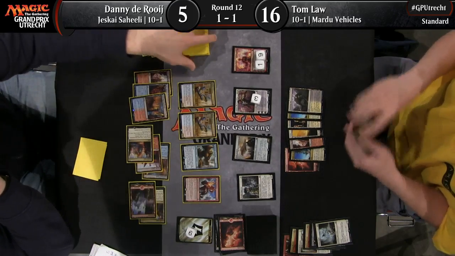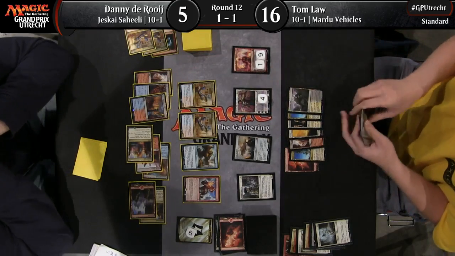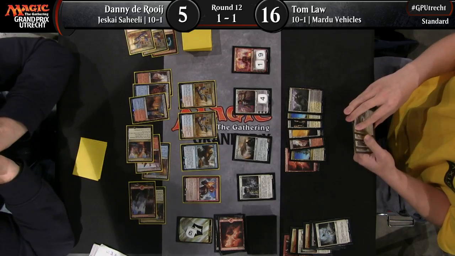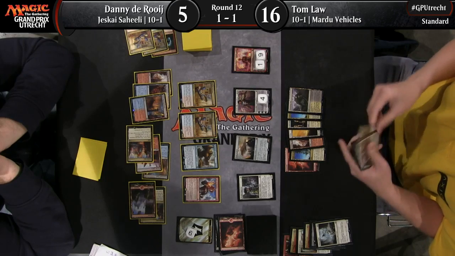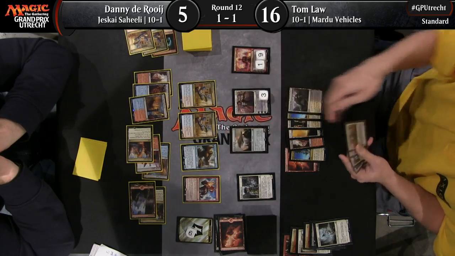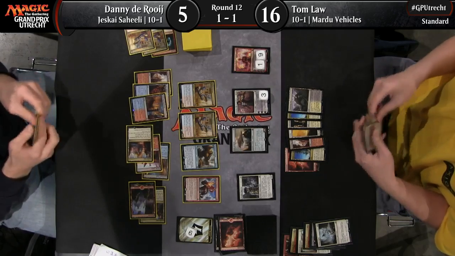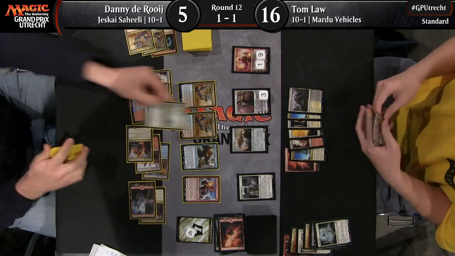What did he draw? Is that Nahiri? Oof. Oh no, I think it's an Avacyn. It's another good card to hold off any potential blockers. Yeah, this is still a rough game for Danny DeRoy to win, and I can kind of see from Tom Law's perspective, playing it a little bit slower, being a little bit more careful, trying to play around everything when you're this far ahead on life and you can kind of see the ability to win the